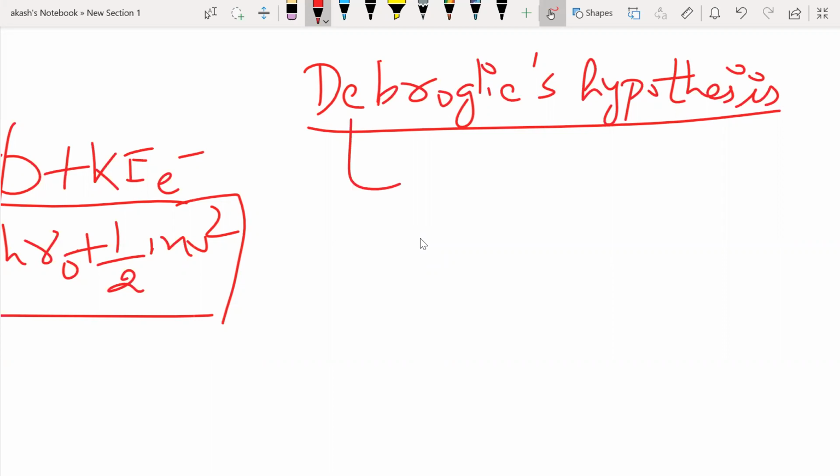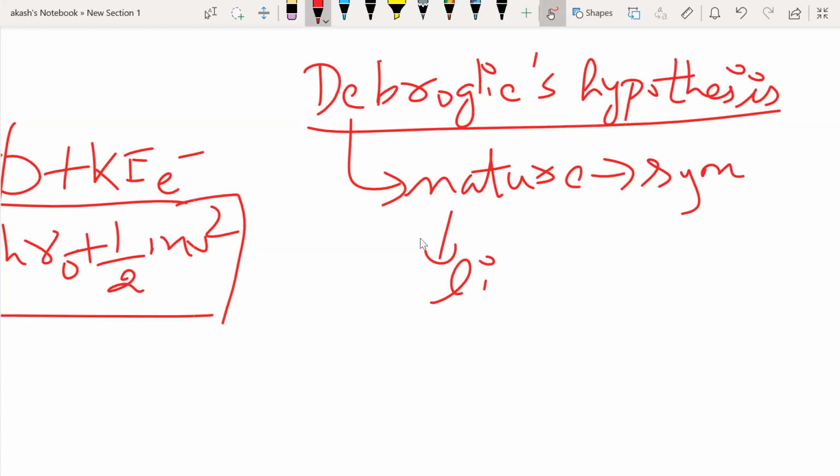What he said is, since nature is symmetrical, so is light. That's the exact statement he said. I'll repeat it: since nature is symmetrical, so is light. So what do you mean by nature is symmetrical? We have good, bad, man, woman, heads, tails, and I can just keep on going. The entire universe, the entire nature is symmetrical, night, day. Like this, since nature is symmetrical, so is light.